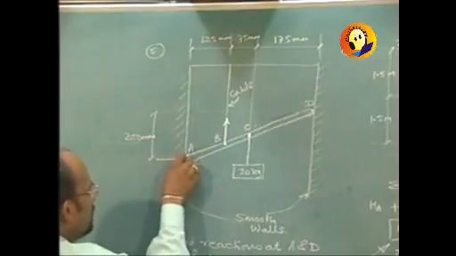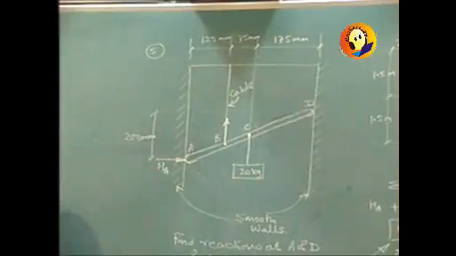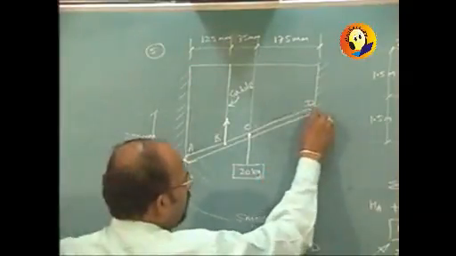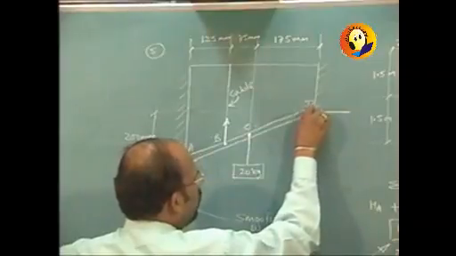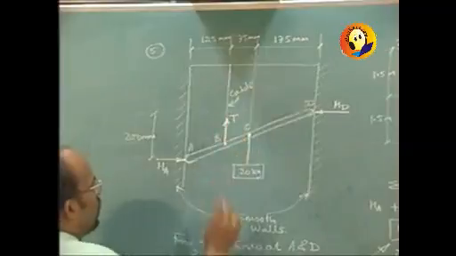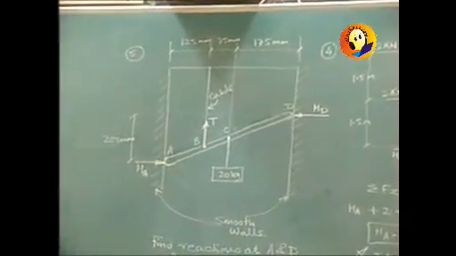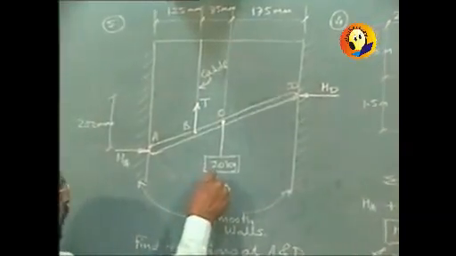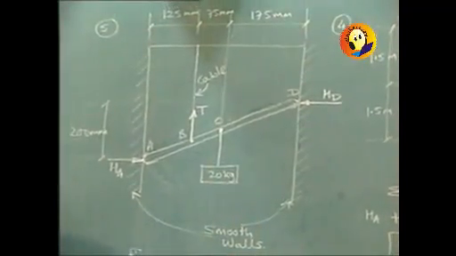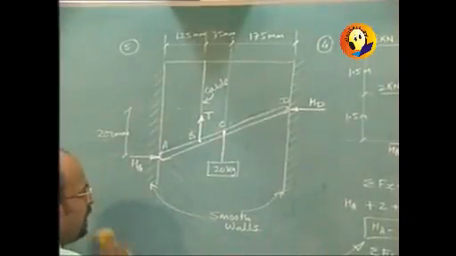So the reaction at A will be horizontal reaction, HA, towards right, and reaction at D will be also horizontal, but it will be towards left, and unknown T. So here we are again having 3 unknowns. The 20 kg load should be converted to newtons, so it will be 20 into 9.81, and we can proceed with the solution part. Being in equilibrium,